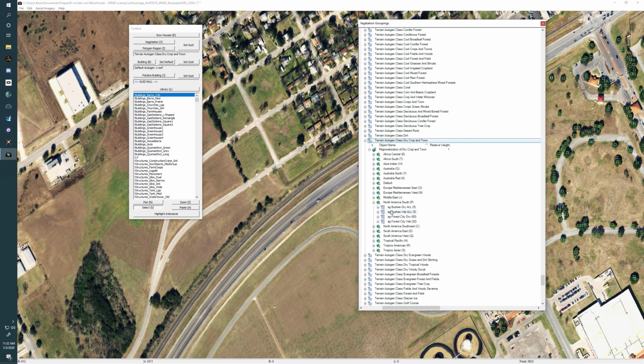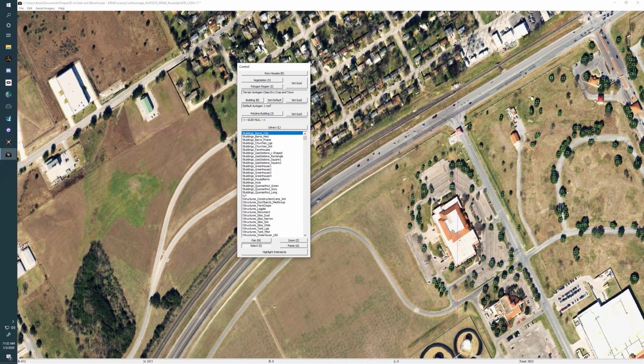It's going to be placing a mix of bushes, dry and wet, some forest, city dry, which is like aspen and chestnut, cottonwood trees, elm, little eucalyptus. You want to be careful with those. Eucalyptus can look a little weird in the sim. But essentially, in order to use this mix, you click here to select the dry crop in town, and then